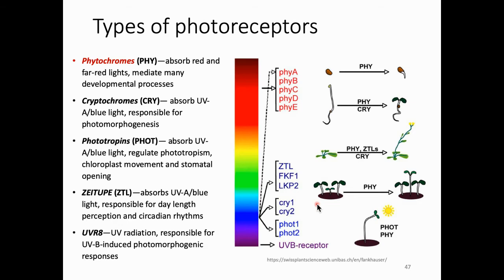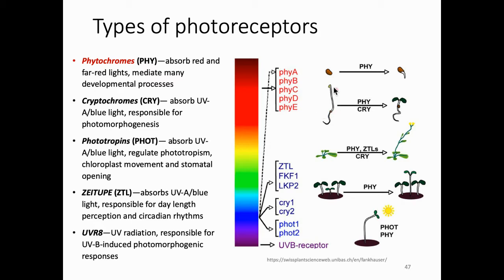And there are several types of photoreceptor. We have learned about phototropin. If you look right here, phototropin perceives blue light and regulates phototropism, along with another photoreceptor called phytochrome. Phytochrome receives red light and infrared light and mediates several developmental processes such as photoblasty. This one is seed germination,